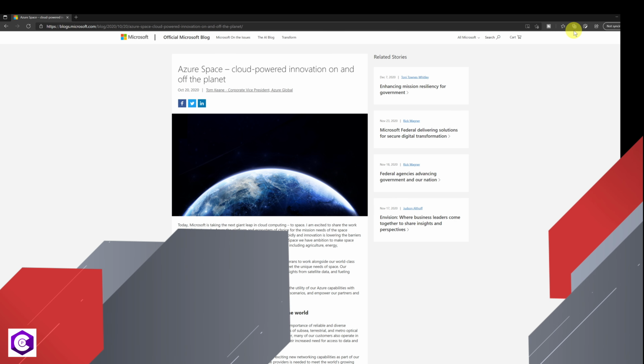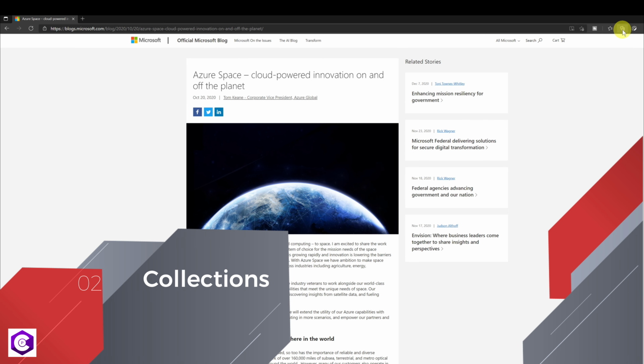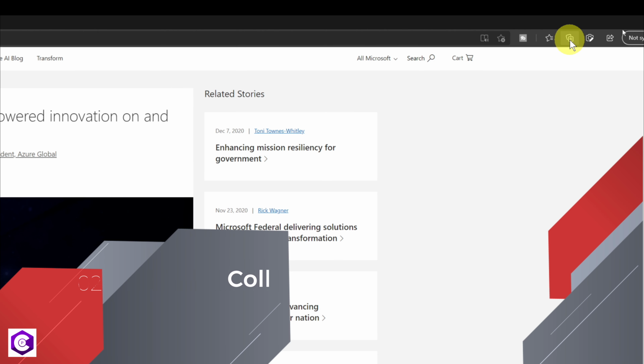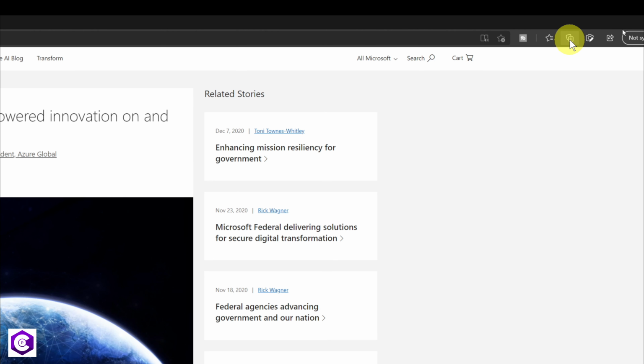The next cool feature is the collections feature. Collections feature is basically you can have a collection of websites or links or images or notes. So if you click on this plus sign which says collections,